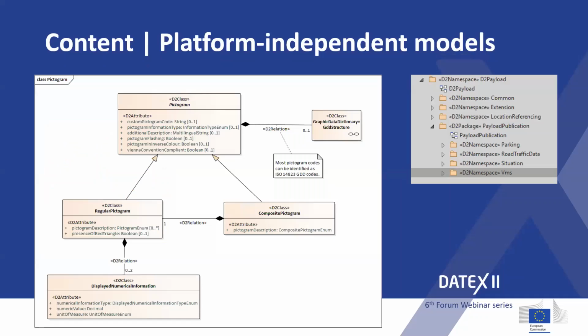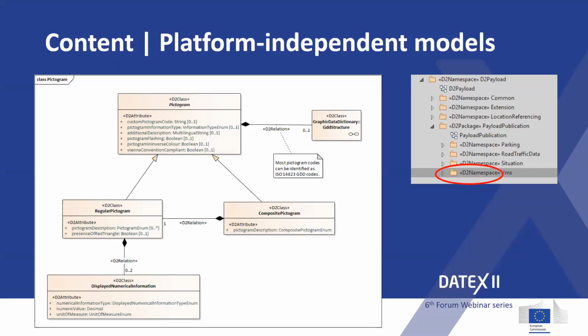I think we haven't seen today yet a single example of what this looks like. So just in case people aren't clear, this is one very small example class diagram from one of the platform independent model specifications. It's actually one from the variable message sign specification. And just to give you a feel for how we've constructed these models, important here is they're made out of defined kinds of elements. So on the right there, for example,